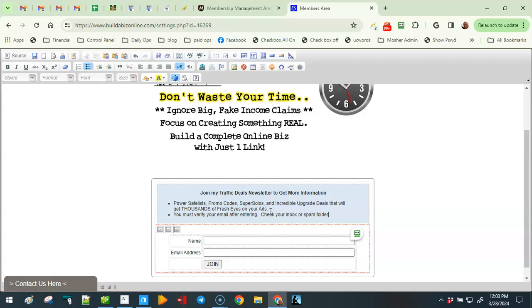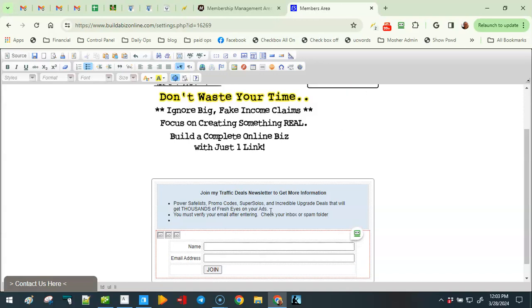Check your email or spam folder, and you will be redirected to